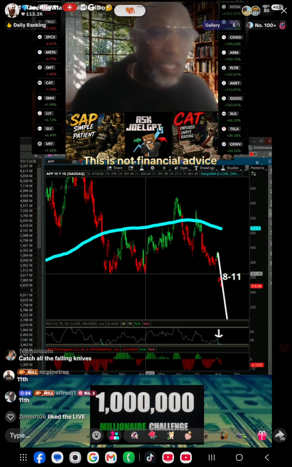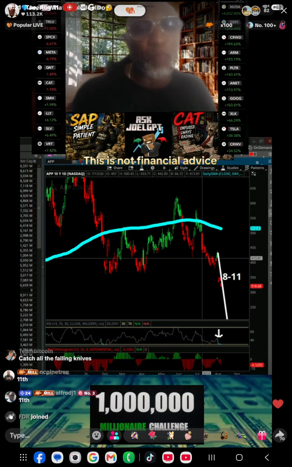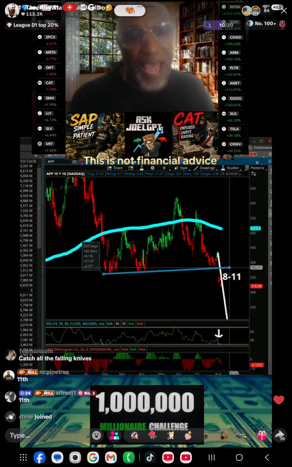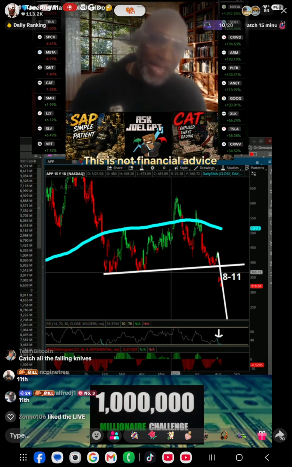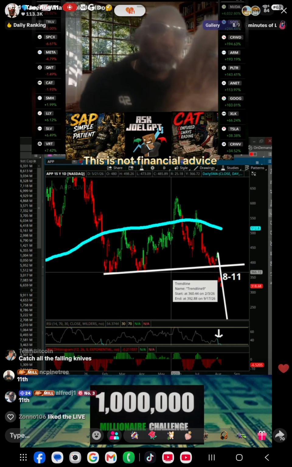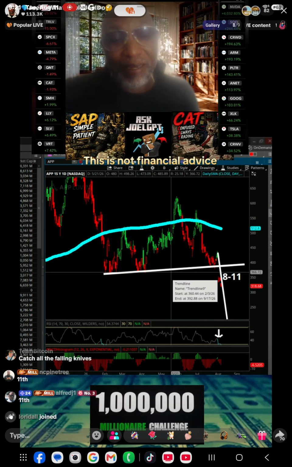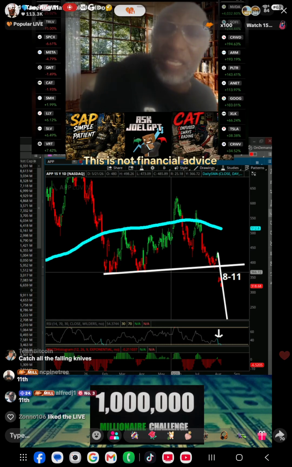All right, I do see that we broke this area, but I'm not going to even draw it. If it becomes a support line, it is. It's still a trend line because look, it's angled up. You see how that support line is angled up? I will draw that. We broke that line. That's not good. That means we can sell off 7, 14, 3 days.